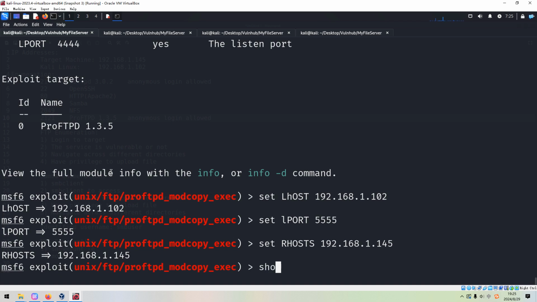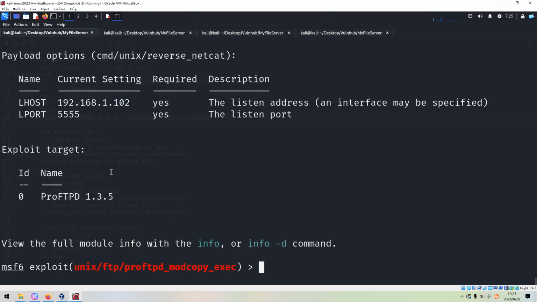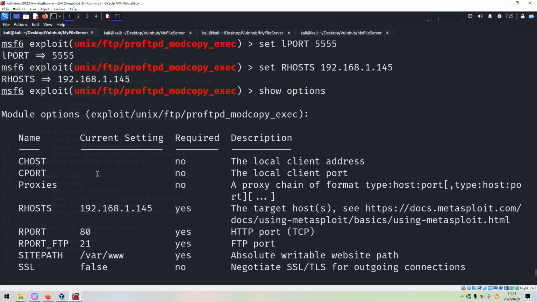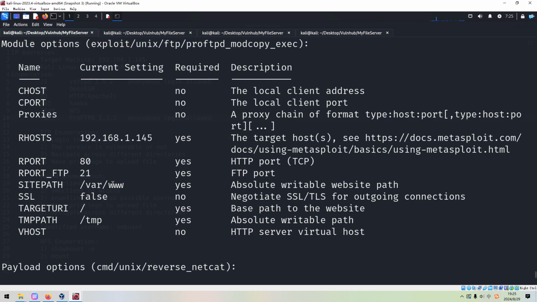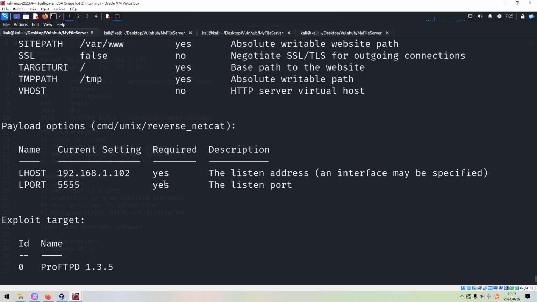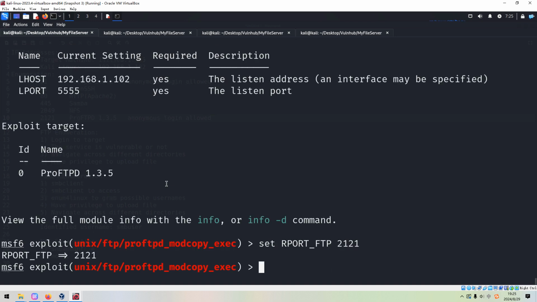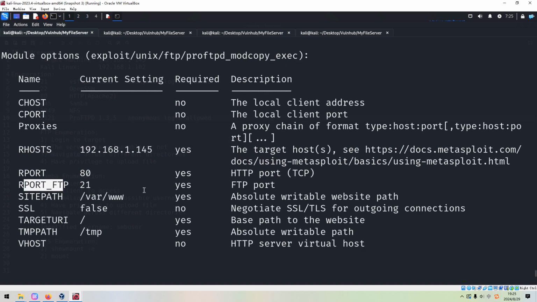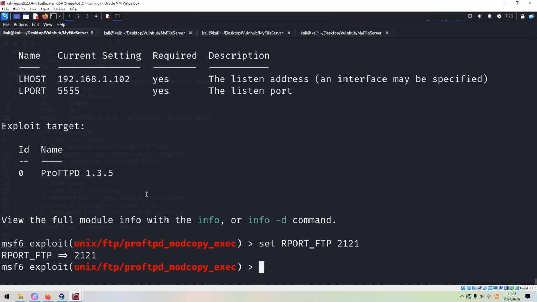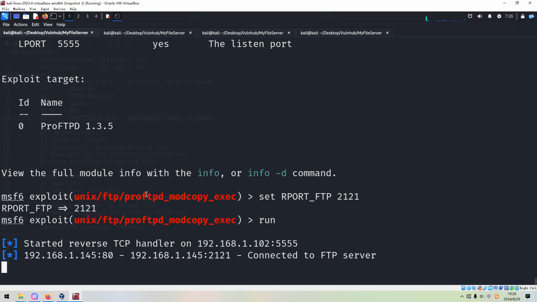We need to show options again to see what else should be configured. Set the remote port number for FTP to 2121. I think we have already configured every required option, so then we can run it.